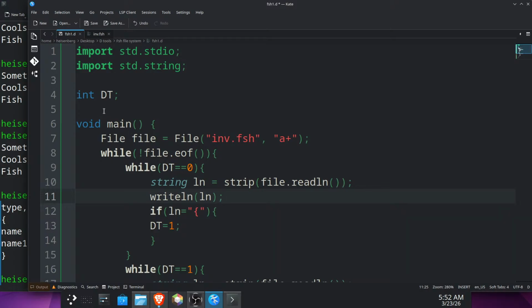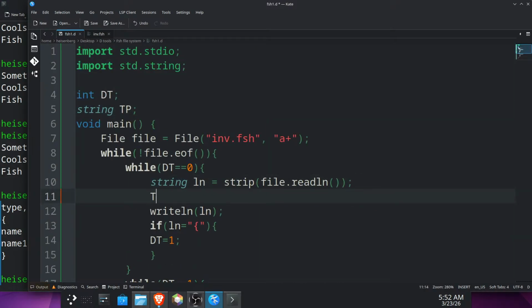So we need a string for type, right? I might be wrong. I might be getting confused. String equals type, and then it will just, boom, that will be used to build it. Okay, we'll just have a string, and then we'll call this one type. Yeah, we'll just call this TP for now. String TP, which won't equal anything, but we will assign TP here. So TP